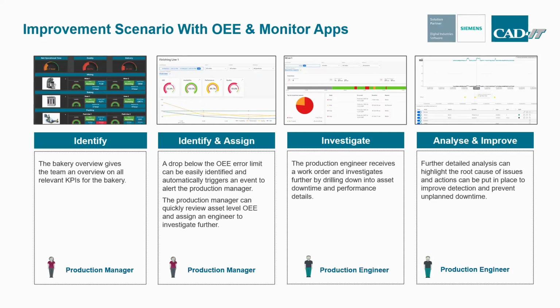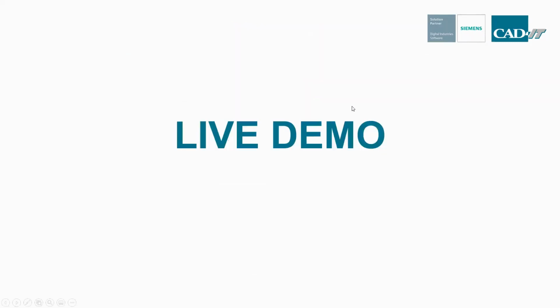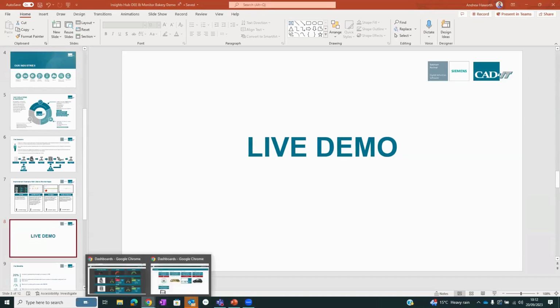So that production engineer can drill down into the information for the specific assets or part of the business where the issue has arisen from, and figure out what is it that's caused that problem, and then analyze that information to work out what they need to do to improve and take action and fix the issue. So two different personas and a number of different data sets that they can use to explore and investigate the problem. So I'm just going to jump out of this package now, and I'll take you into a live view